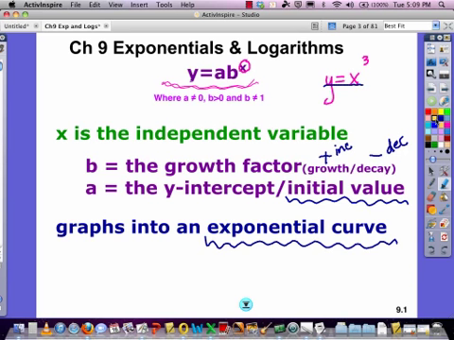exponentials, the logarithms will be later. And this first section is actually about exponential growth. Okay? So anything that grows would be a positive b value. We consider it increasing. And then we're going to talk about that a and that b and to the x power. So let's move on and let's